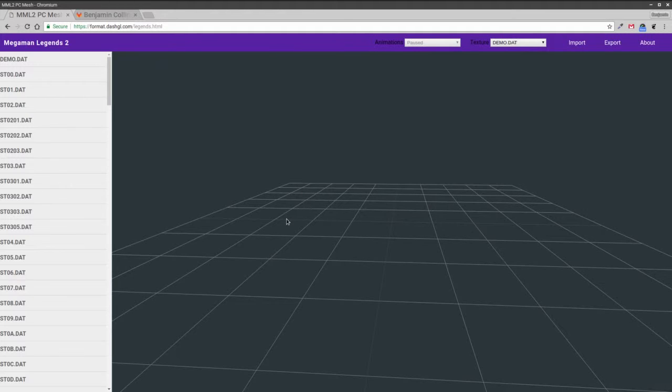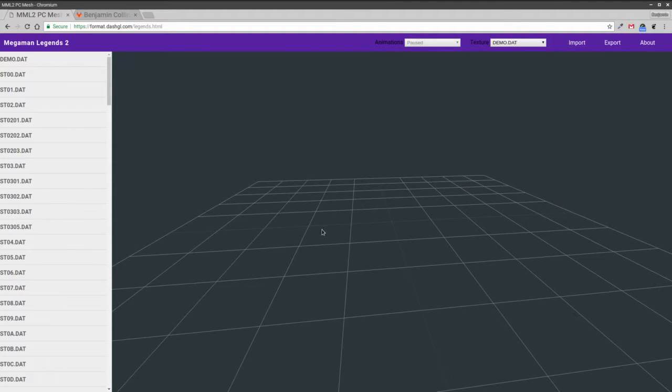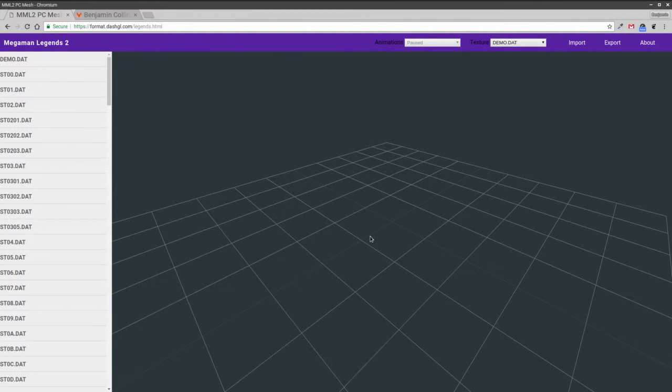So what I've been working on recently is exporting files from the browser and making them so they can be imported into Blender so that they can actually be used in other fan projects and stuff like that. So the current site location is format.dashgl.com and the leaf URL is legends.html. There's no link to it, so you just have to input this all in there together, and it works just